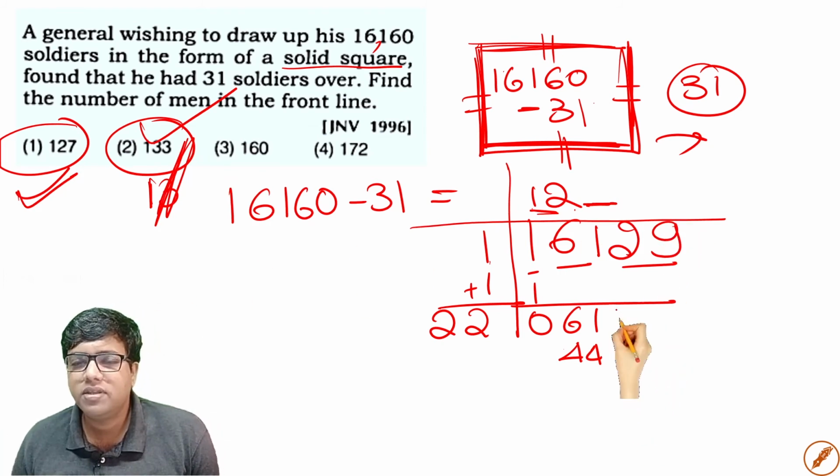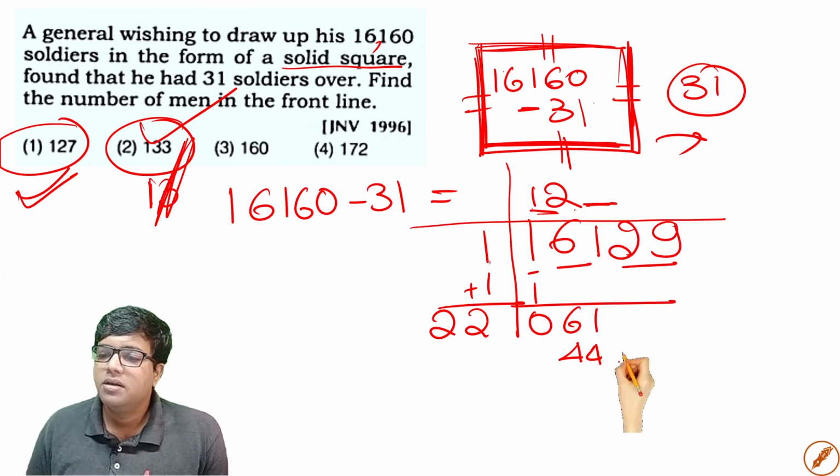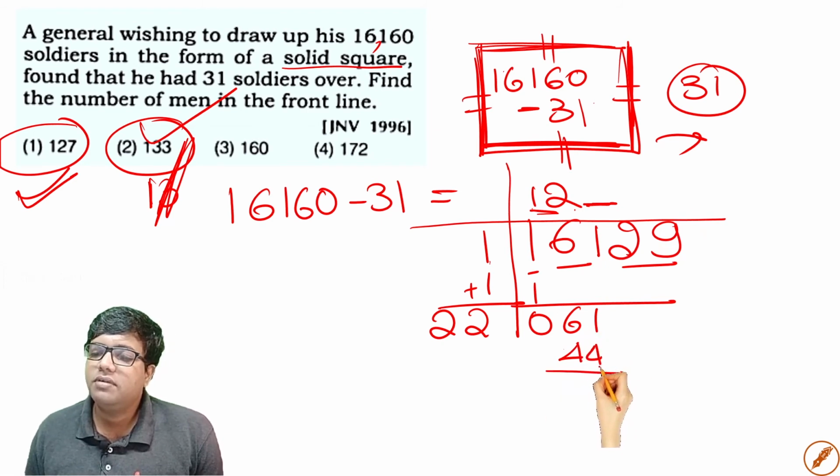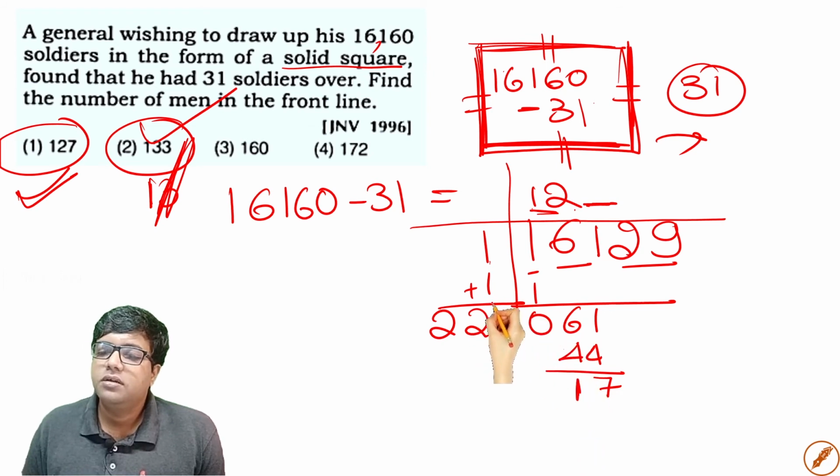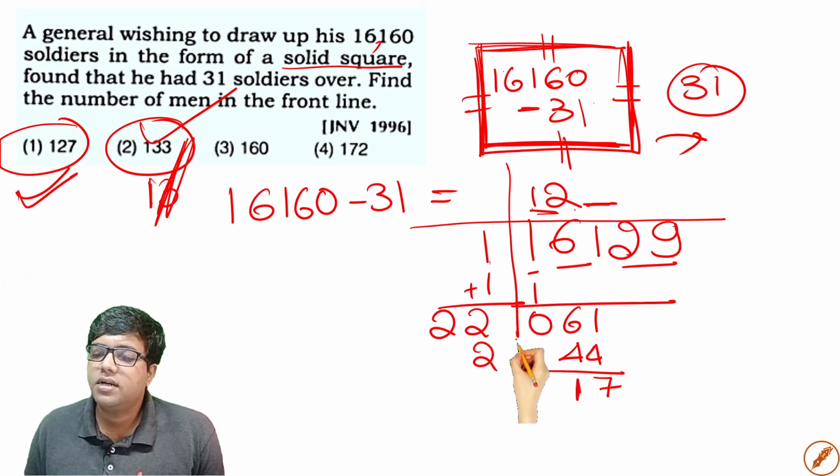But we were solving this. Let us solve this. What will happen? Let us see. Okay, 44 and 11 minus 4 is 7. 5 minus 4 is 1. And 22 2s are right.